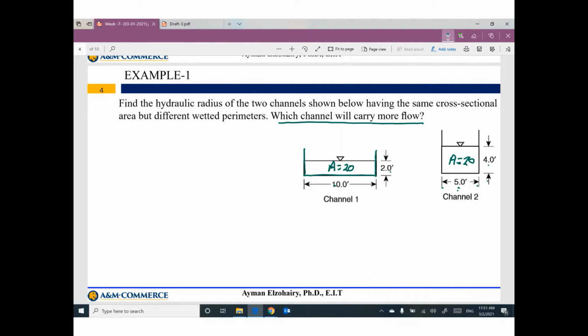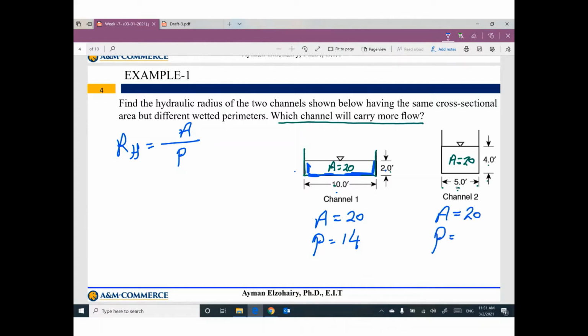We can do this comparison based on the hydraulic radius, equal area divided by P. The area here equals 20. What is the value of wetted perimeter? 2 plus 10 plus 2 is 14. Here the area is 20. What is the wetted perimeter? 4 plus 5 plus 4,